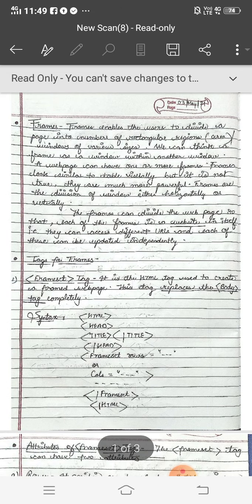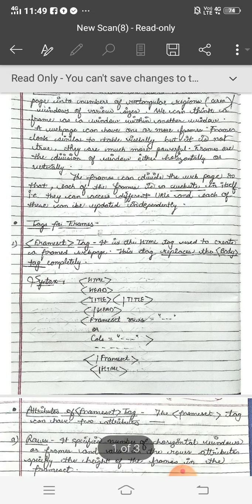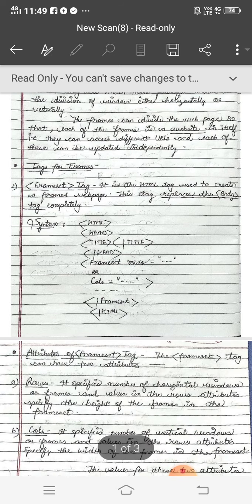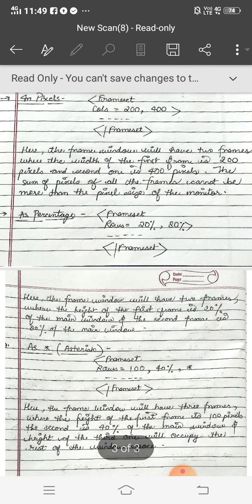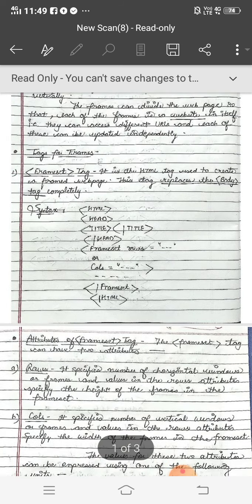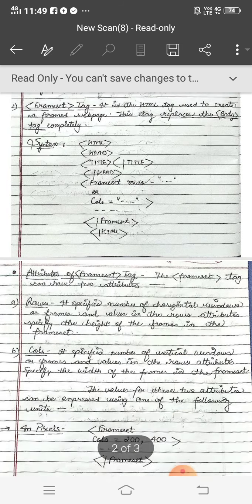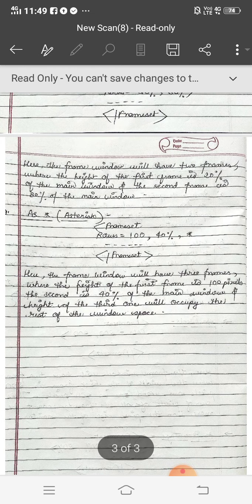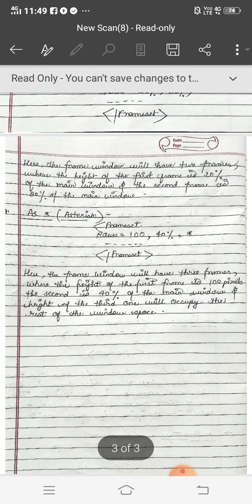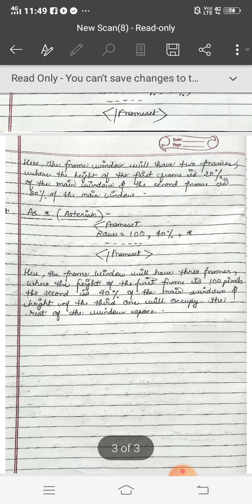So today I have told you about frames, and I have told you only one tag, frameset, with two attributes and the values of these two attributes. There are some remaining tags also for inserting web pages. The web page is not made yet. You have just created a boundary or outer portion. I will tell you how to make pages in these frames, how to insert pages in these frames. Okay, thank you for today.